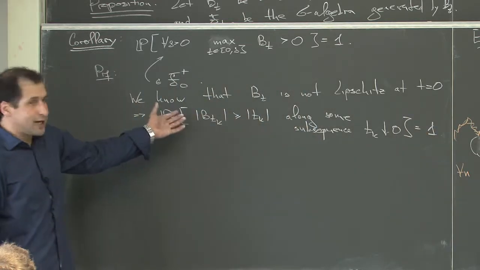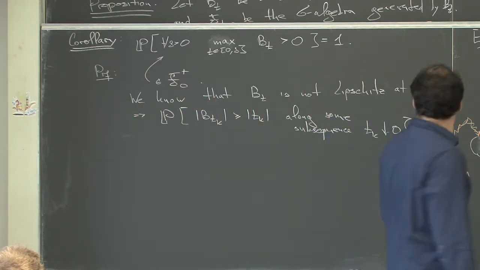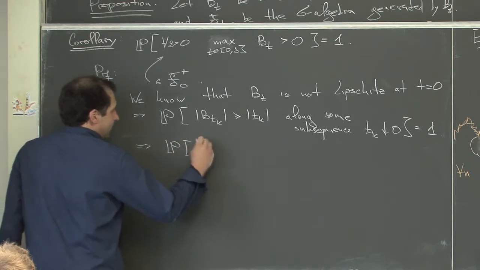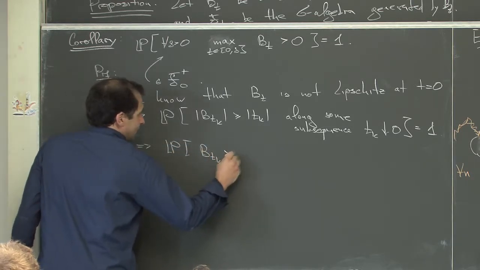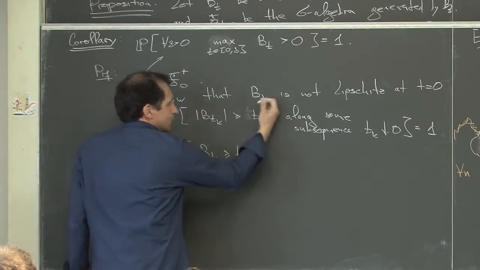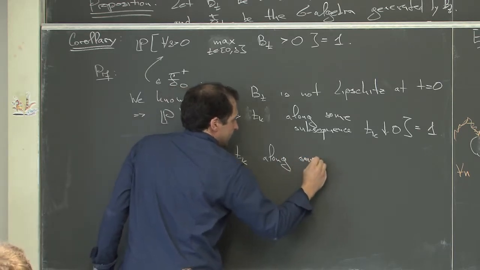So it cannot happen that B_t is less than t. Because of that, the probability of the event that it is actually positive and greater than t_k along some subsequence, it could be without absolute value here,